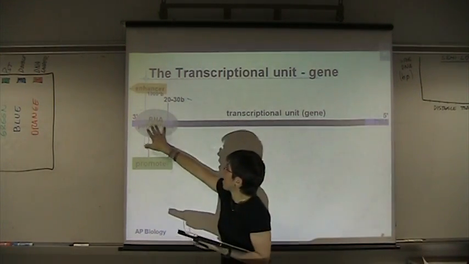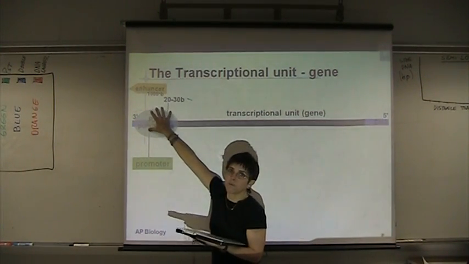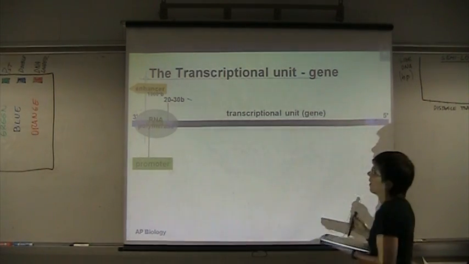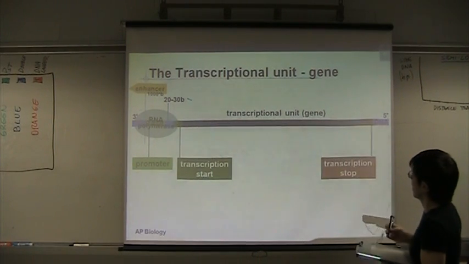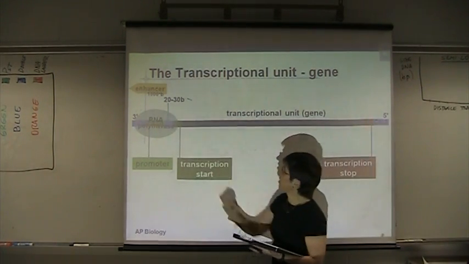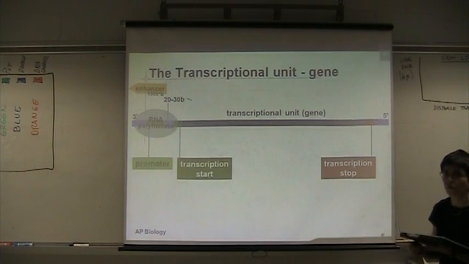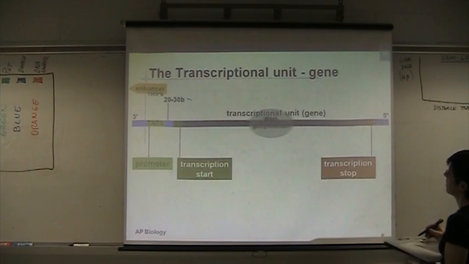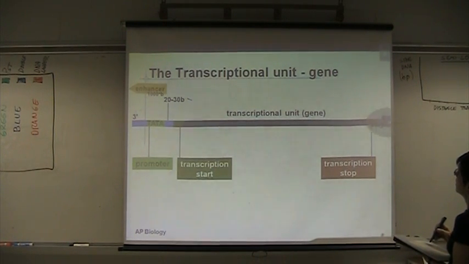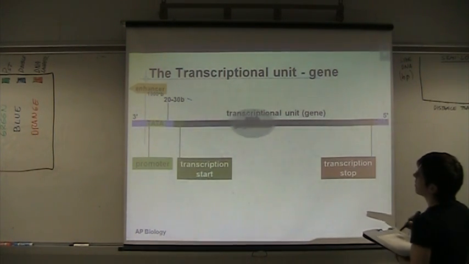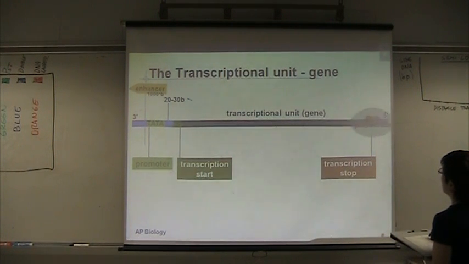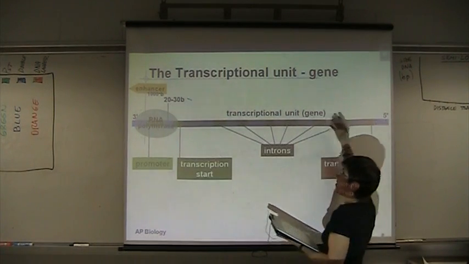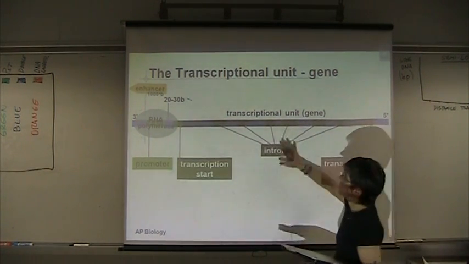So here comes RNA polymerase, attaches to the promoter region after transcription factors have attached, and we have our beginning of transcription signal, our end of transcription signal, and here we go. Again, just for the fun of it. So after it has been transcribed with RNA polymerase, now we have